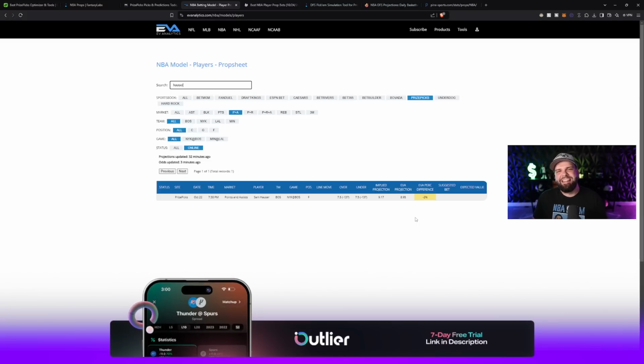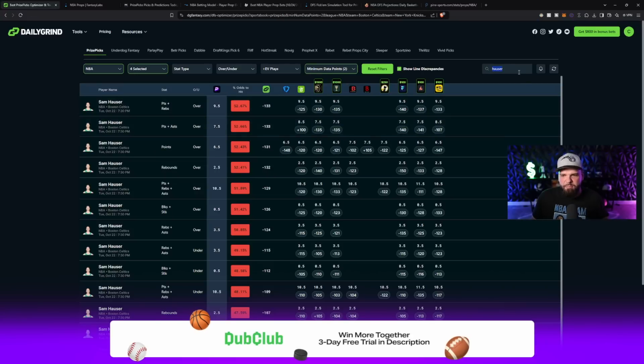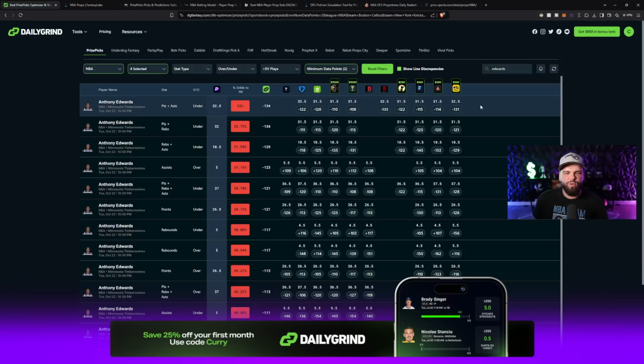Let's head over to the later game, which is going to be the Minnesota Timberwolves versus the LA Lakers. And for that game, we're going to start with Ant-Man, Mr. Anthony Edwards. There's a lot of unders being projected for Anthony Edwards. We're going to take a look at this top optimized play here, which is Anthony Edwards for less than 32.5